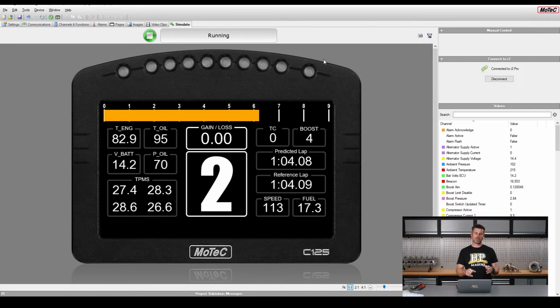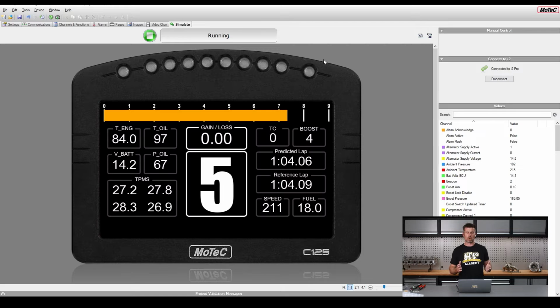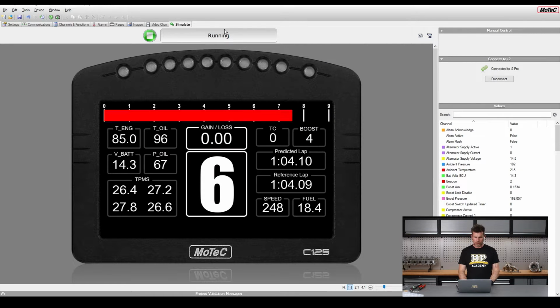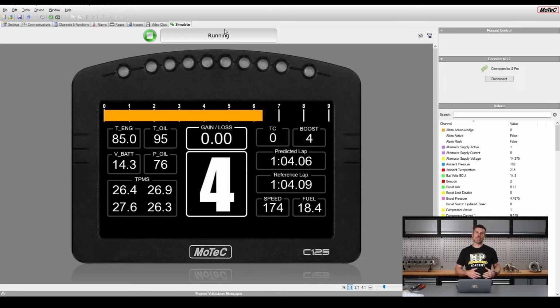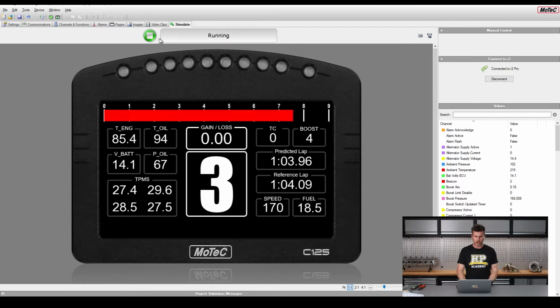I've got the shift lights at the top set up for race conditions where I'm shifting at around 7,600 RPM. The engine makes peak power at about 8,200. The purple overlay comes up at 8 grand or just above, so that if I'm in a qualifying lap, I will push it until I see that color come up. This lets you quantify that everything's working how you want and see the dash in action as it will be on the racetrack.